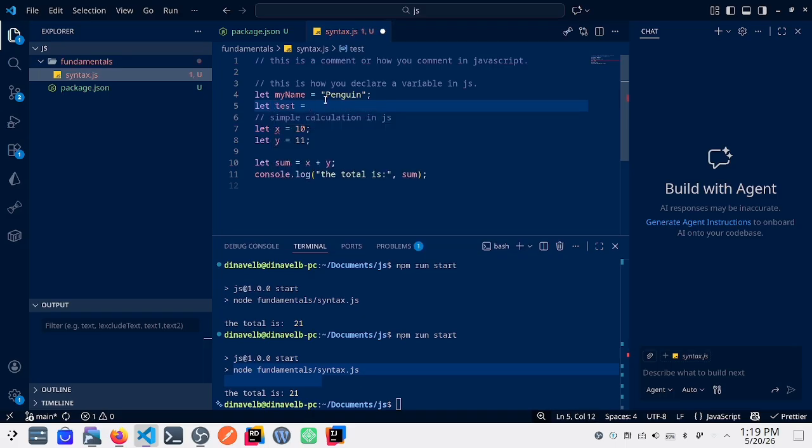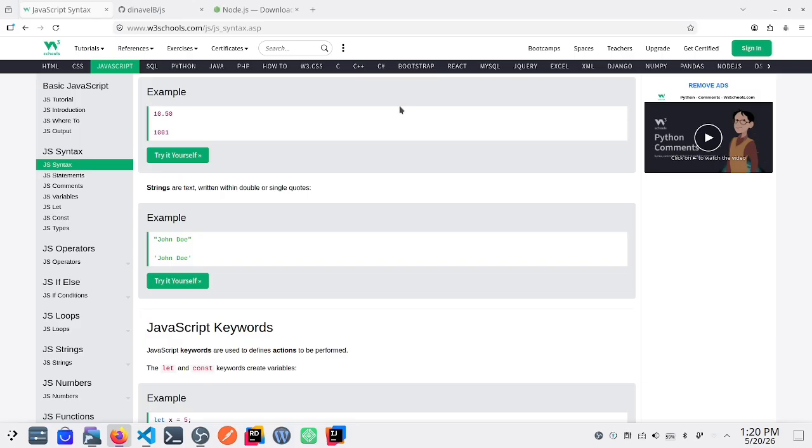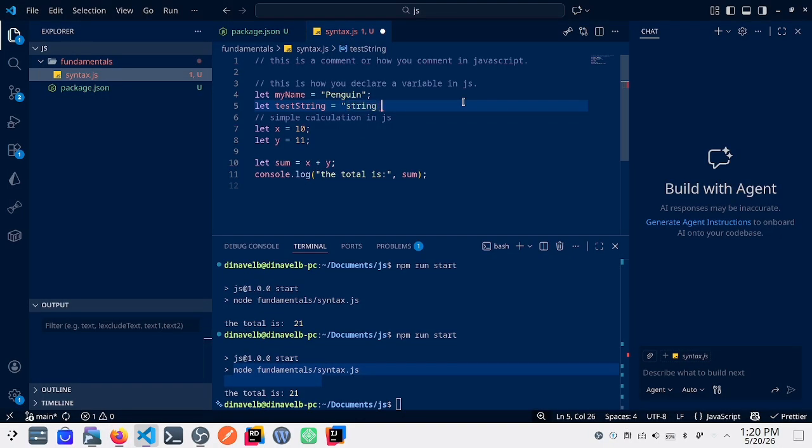By the way, you can name your variable however you like. So I like mine to be named test string. According to here, it can be double quotation or single quotation. So let's try a single quotation.